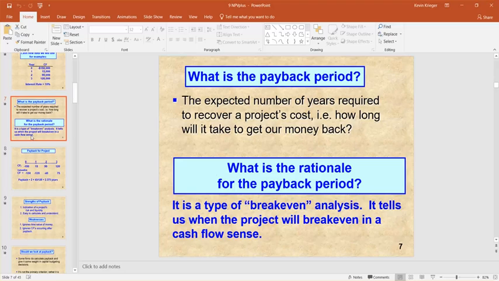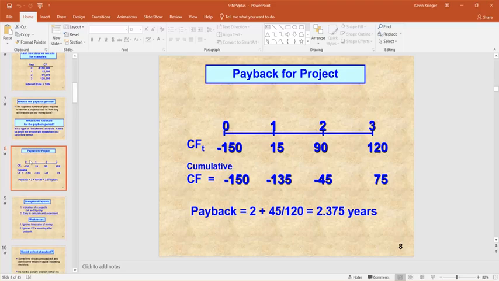So you can just keep a running tally of how this project is doing. This would be an example. I said we'd use the terminology pretty quick. You can do this sort of thing when your cash flows are normal. And these are normal cash flows, right? The sign changes once between 0 and 1, but never again.